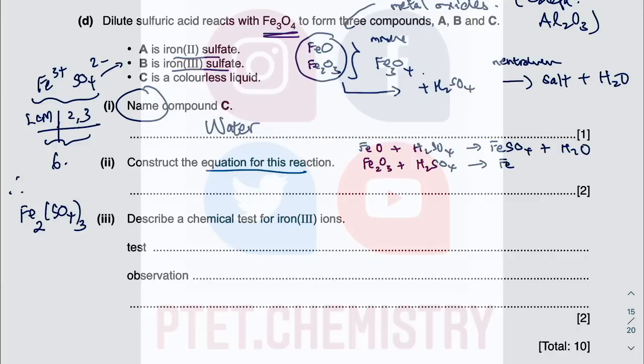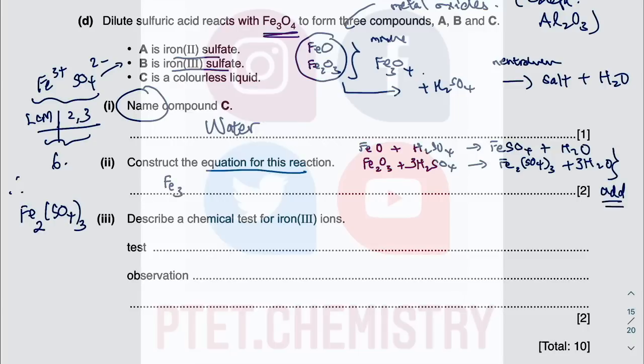So that's Fe2(SO4)3 plus H2O. Here's your salt and water. Is your equation balanced? 2 iron, 3 sulfate. I only have 1 sulfate here, so put a 3 in front. I have 3 H2, 3 times 2, that's 6 hydrogen. So I need 3 there. And my oxygen is 3. Guess what? Add together. Then you will get